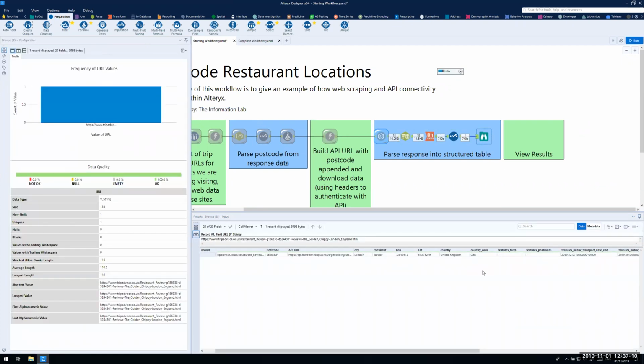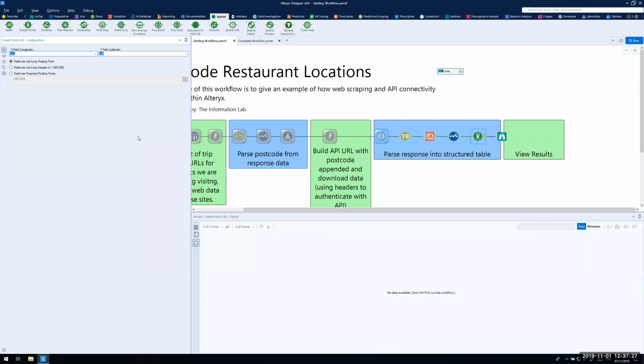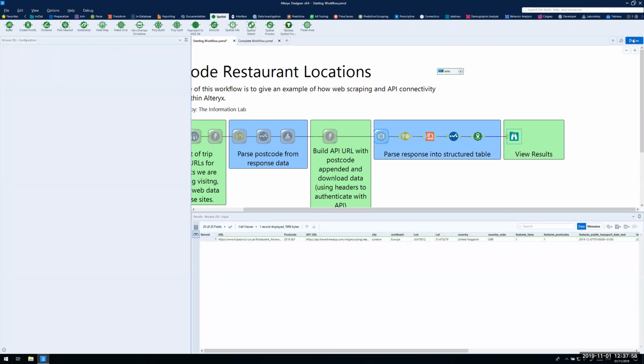There we go. But now we actually want to see this on a map. And this is actually pretty cool in Alteryx. We can now add a third element in here, which is some geospatial tools. So I can hop into the spatial section and bring my create points tool. My create points tool can turn latitude and longitude into actual spatial objects, which we can then further use. Here we have the create points, and as I said, longitude and latitude will be automatically recognized. These are floating points, which is fine. If you want to set different projections, you can do that here, but we just have the standard projection, which Tableau also supports, which is WGS 84. Let's have a look at the results. So if I hit run,